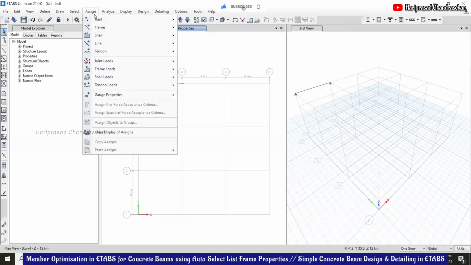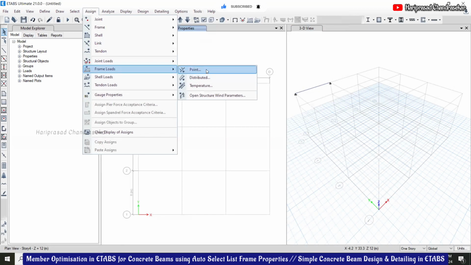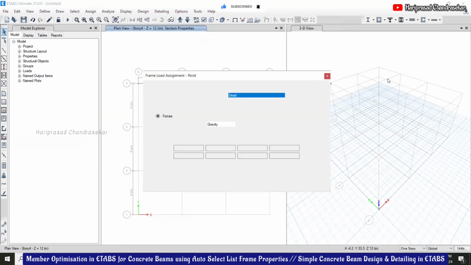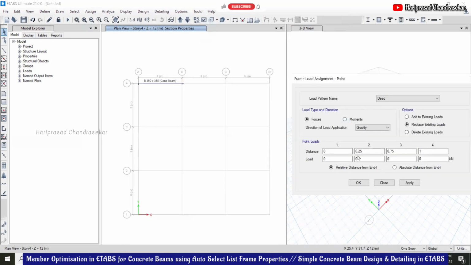Now I'm going for assign, frame load, distributed, point load. So the point load, of how much? You can go for a live load alone, live load. At the point 0.5, I'm going to put the gravity, right? Gravity of 10 kilonewton.